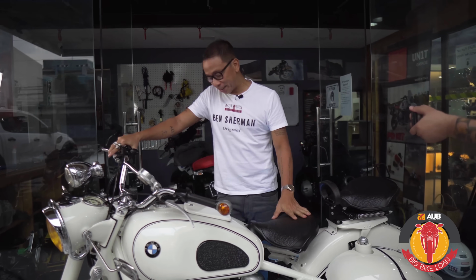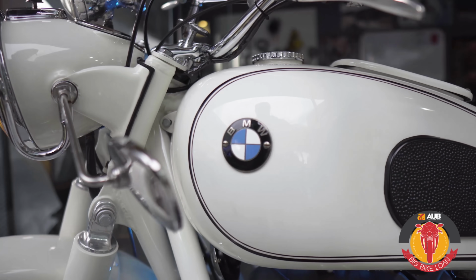Marami akong pinagdaanan para makuha itong bike na to. Gusto nyo mang marinig ang storya. Nahanap ito ng isang kaibigan ko. Ang pangalan niya ay Jack Cole. Okay, matatawa kasi yun ang tunay niyang pangalan. Si Jack. I had to trade 3 vintage Lambretta scooters plus a little cash to be able to get the